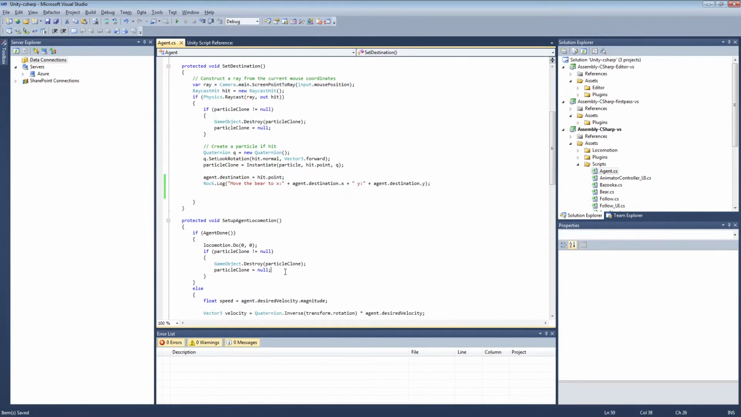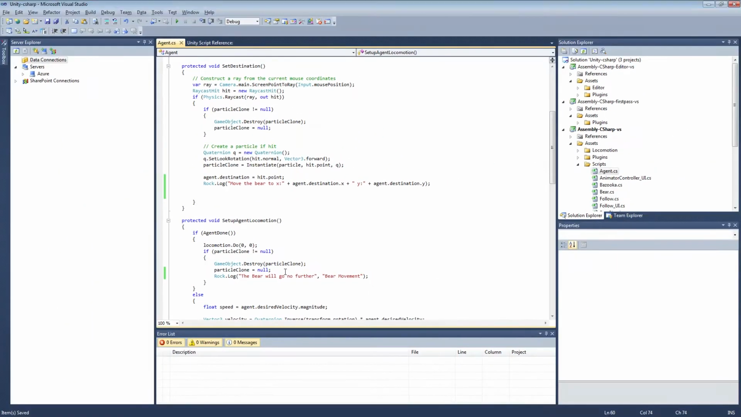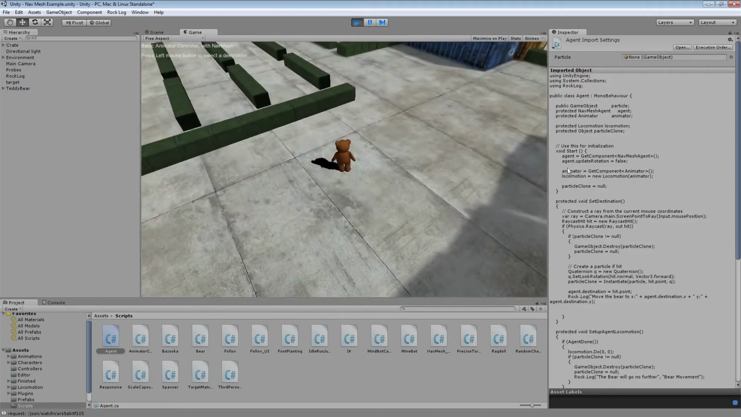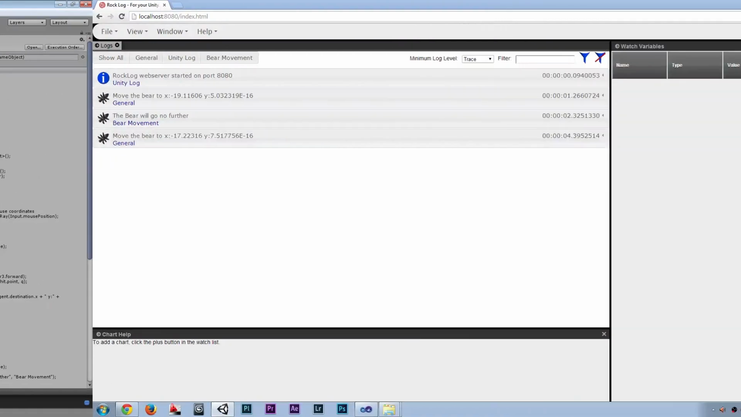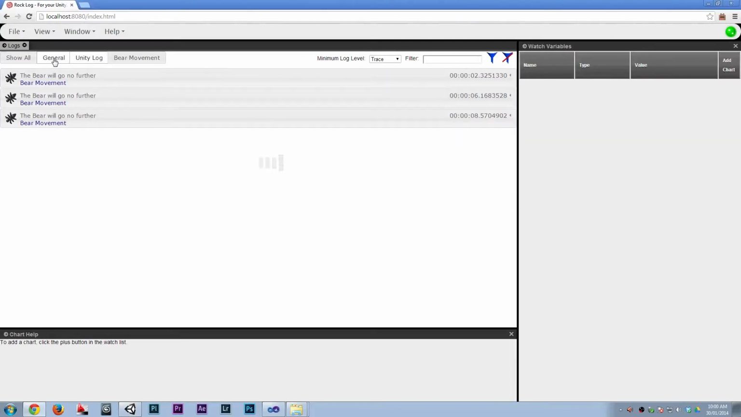So I'm going to add another log here, which says the bear will go no further. And I'm going to put it into the category bear movement. When I go back to testing, we can see the new logs, but if I only want to see the bear movement entries, I turn off all the other categories by clicking on them. And now I'm seeing just the bear movement log entries. To bring everything back on, I just go over here